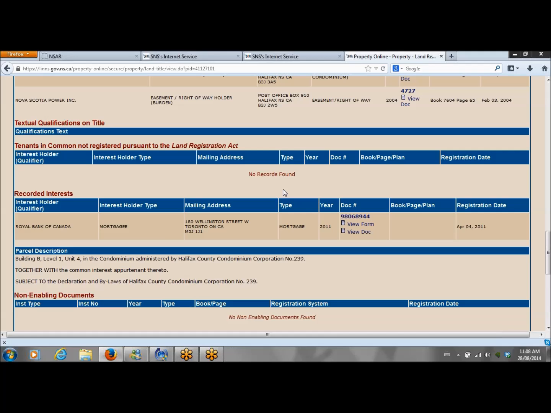But the only reason you can have that conversation is because you have a clue about what's going on with the property. Okay, so the long and short of this, because we could spend all day on Property Online, and I realize it sounds like, how could you possibly do that? But when you start to go in and you start to read the deeds, and you start to see the easements, and you start to see the shared roads, and you start to see all that stuff,